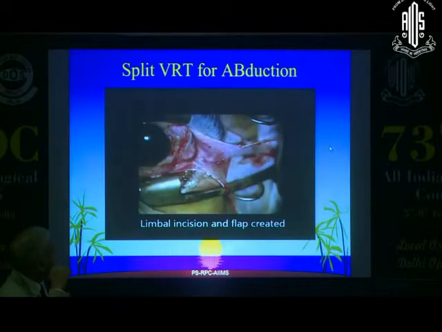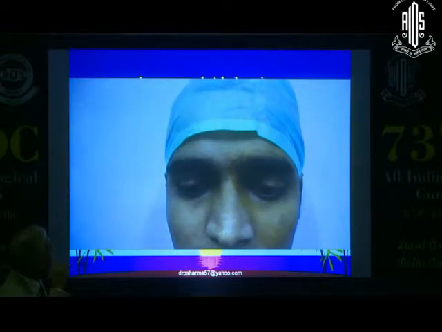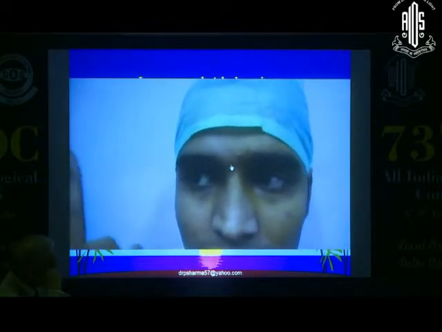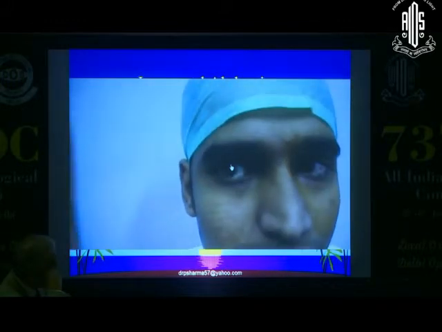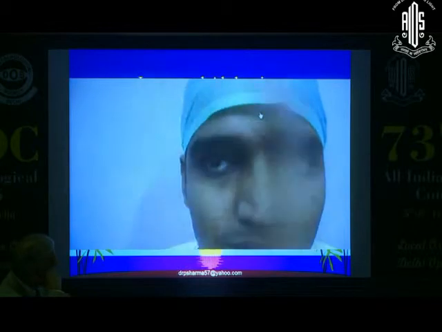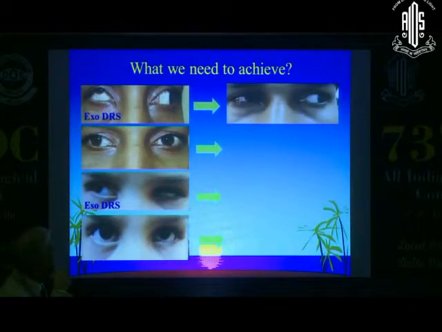We may not go into the videos of these at this moment. We can talk about them in the instruction course later on that I have at 11:30. But pre and post, you'll find that there will be a significant improvement. And this is just to show an improvement in abduction that can happen after the, now you see the right eye, the abduction is improved significantly. So I would like to share this information that you can improve the abduction in these cases by doing this.